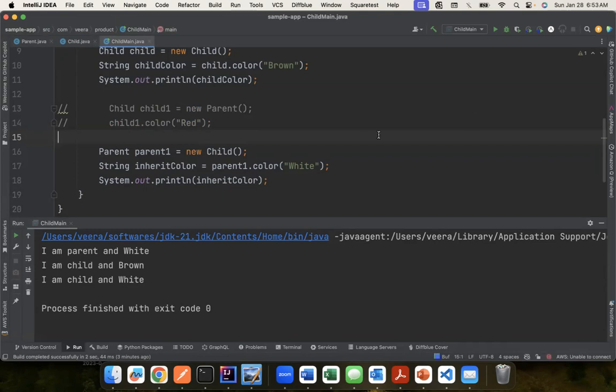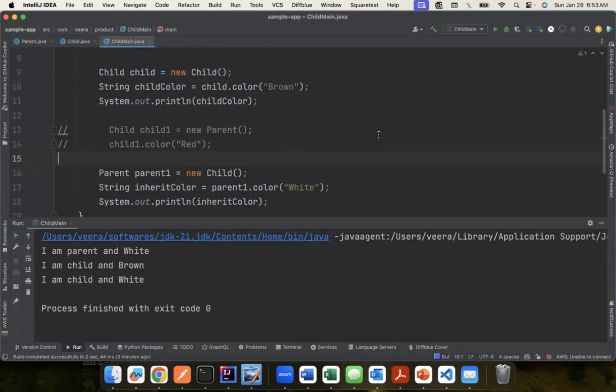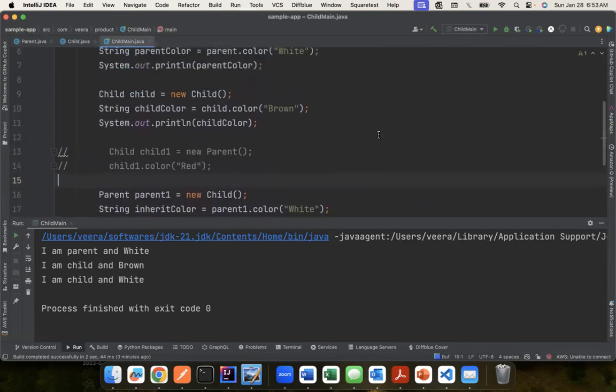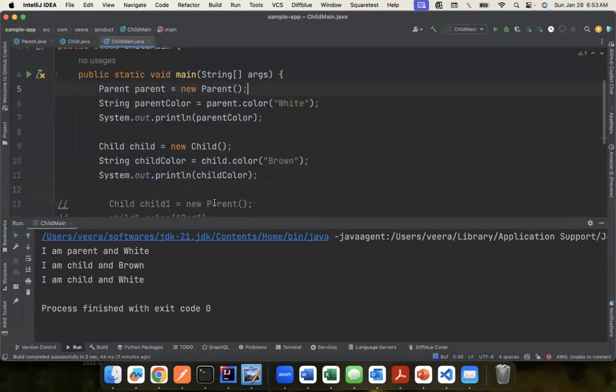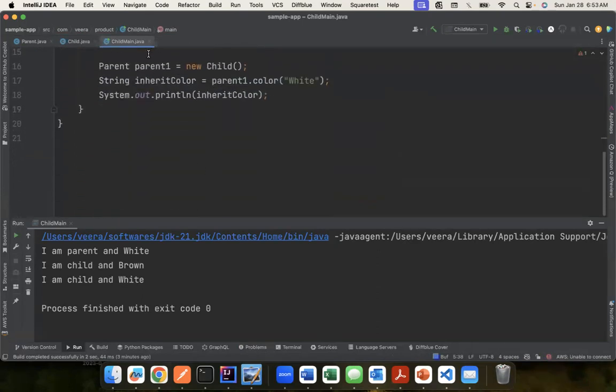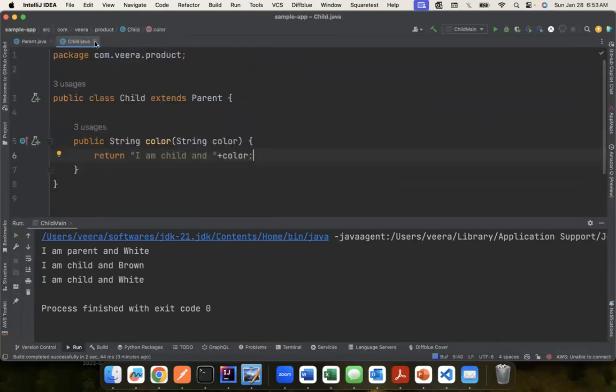Yeah, so this is very important, inheritance. Most of the interviews will ask this question. For 3-4 years experience, or maybe 7 years, even if you have 15 years experience, they ask this question. Okay. Now let's talk about